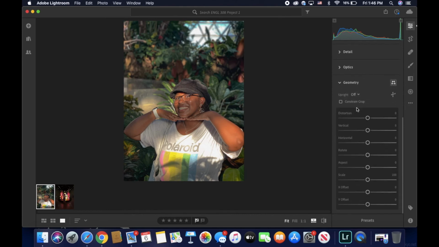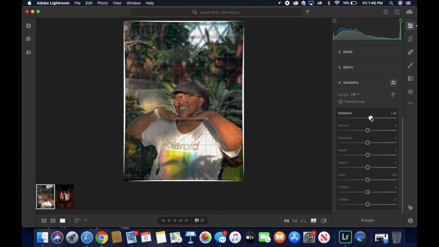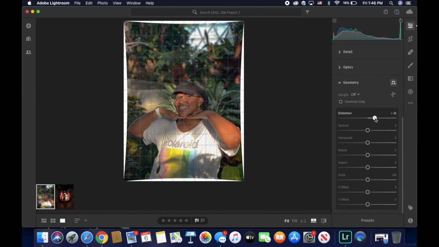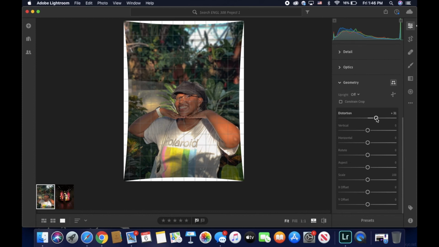And if we come into our geometry, we can see that we can distort the photo. This is something I really like, especially for someone that's a little bit shorter, and when the photo is taken as close as this, I like to almost give myself, instead of making it look more of a headshot, I'll actually come in and I will adjust the distortion like so. So I look like it was taken a little bit further away,